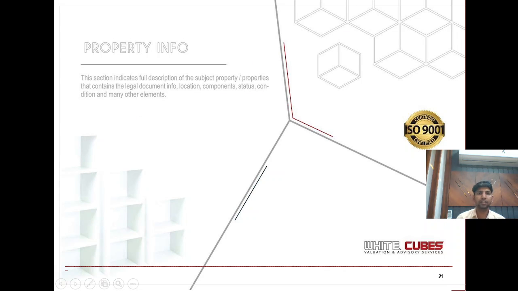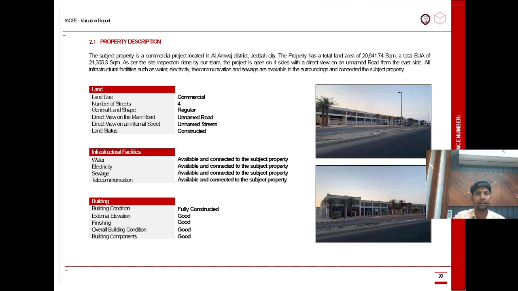Property info. This section indicates full descriptions of the valued properties and contains the legal documentation info, location, components, status, conditions, and many other elements. Property descriptions. The subject property is a commercial project located in Jihad city. The property has a total land area of